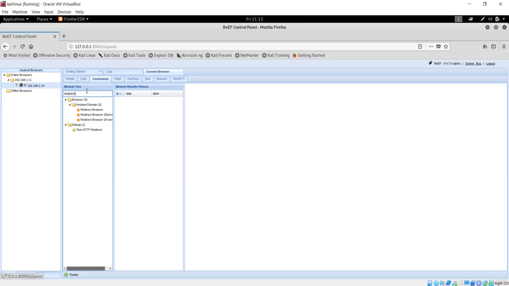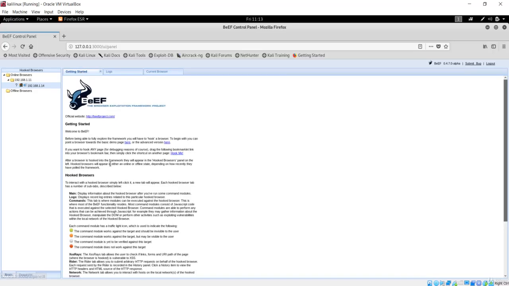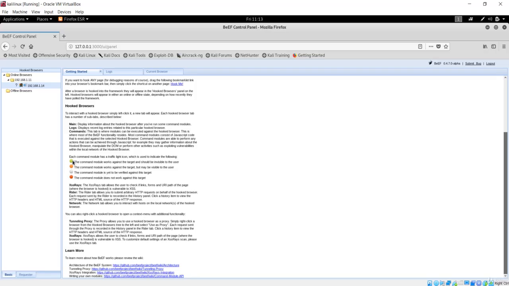I have told you before to go through the getting started manual, and this has shown some lights over here, showing that this command has some mode of operation. Basically if you see this green, then this command is likely to work against the target, and it has a high probability than these three. And if you see this orange one, this has more probability than this white one, and this red one has less chance of working against the target.